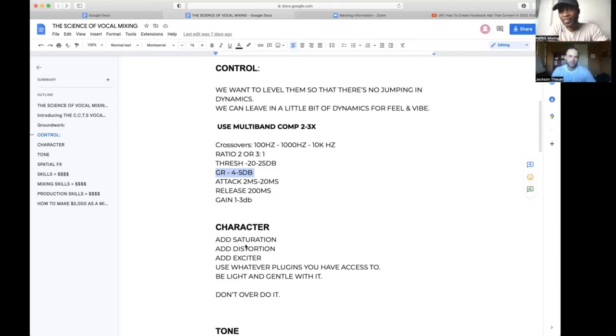So the main thing is tonal balance. We want tonal balance, but because we're doing it with a multiband compressor instead of a single band compressor, we have control to shape the vocals the way we want it. When we get to the practical side of things, everything will just click for you. But I'm giving you the theory so you understand why.